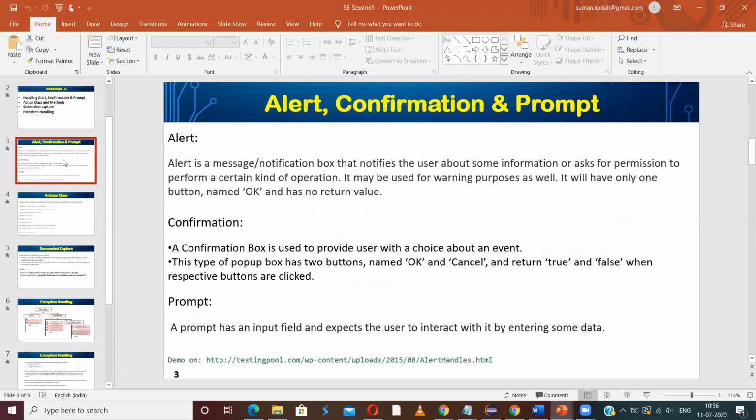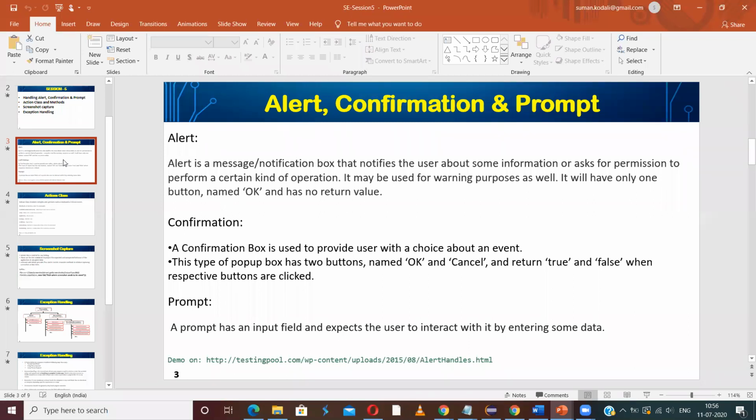Whenever we interact with the content of a web page, sometimes we may get some pop-ups. Those pop-ups are different, so how to handle them? That is what we are going to see now.